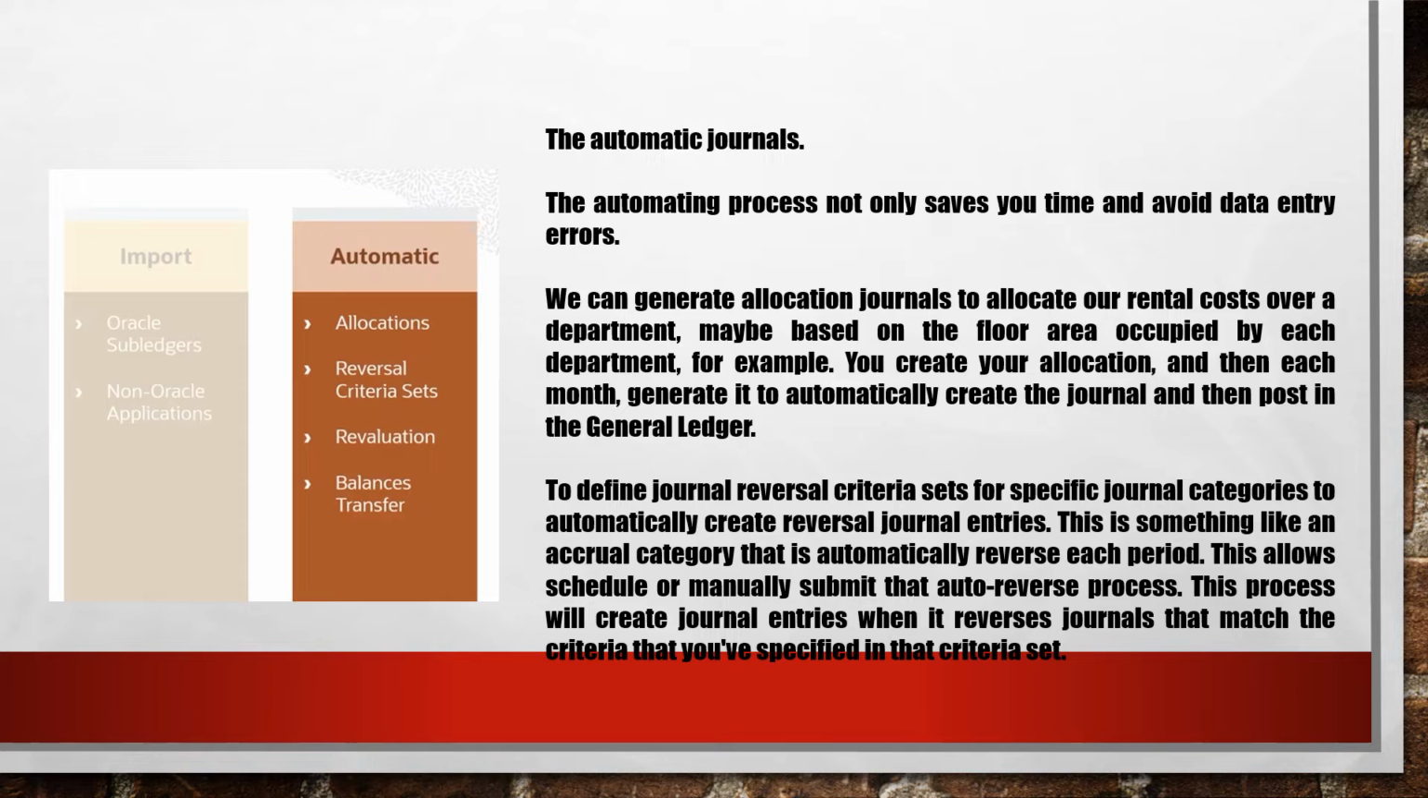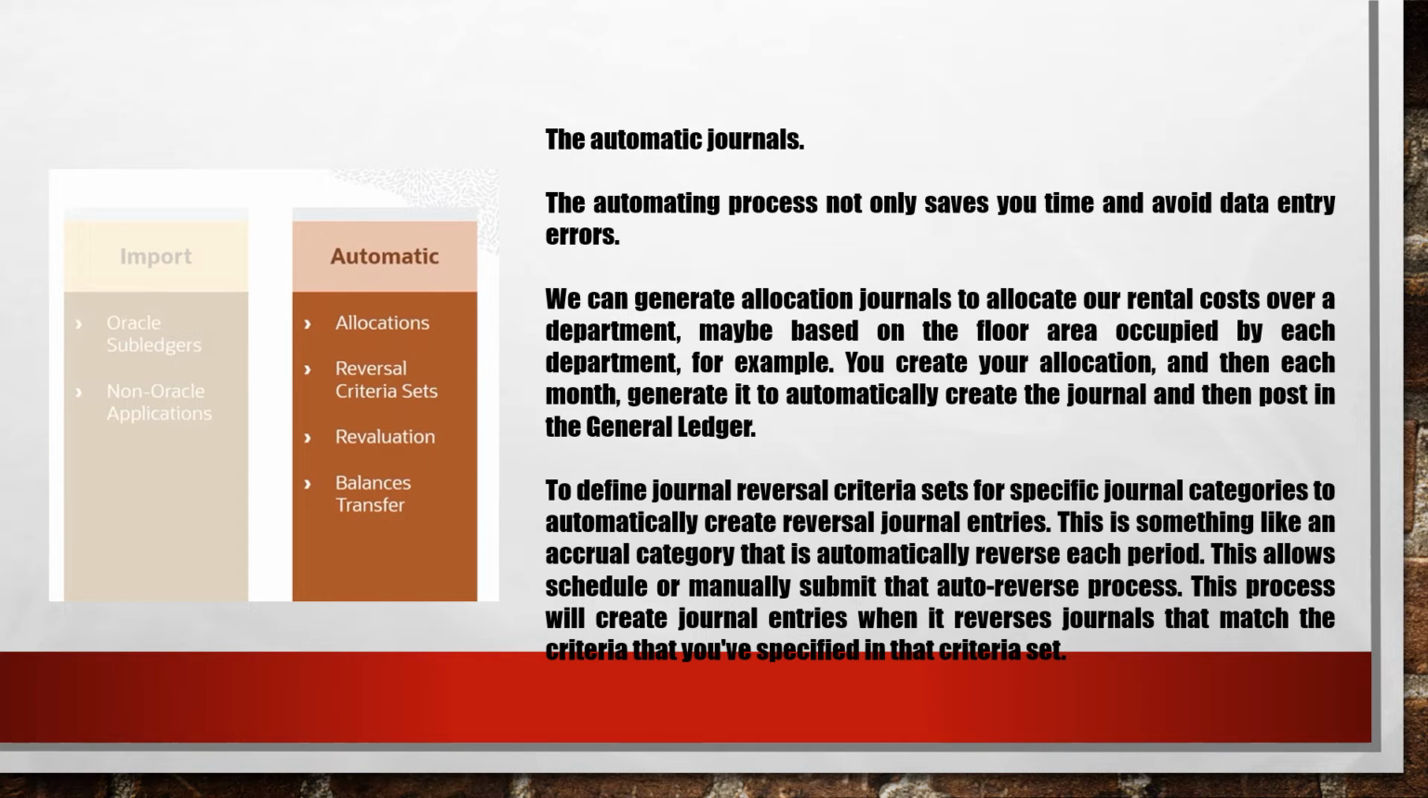And then automatic journals, the automating process. Automating the process not only saves you time but also avoids data entry errors. So we could generate allocation journals to allocate our rental costs over departments, maybe based on the floor area occupied by each department, for example. You create your allocation and then each month generate it to automatically create the journal